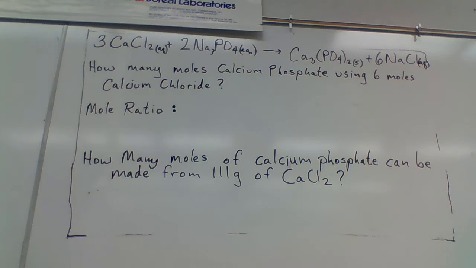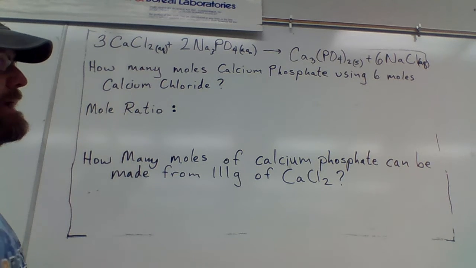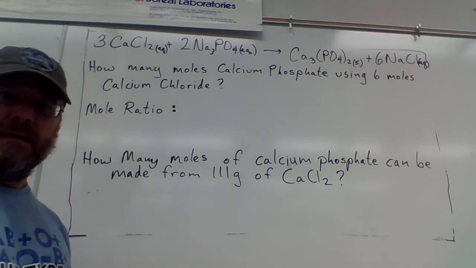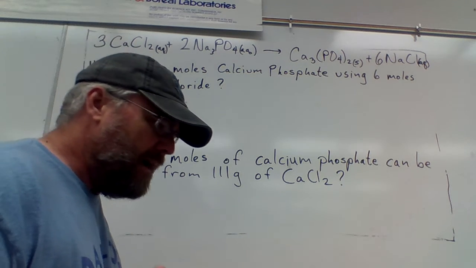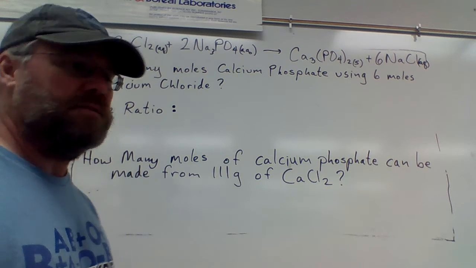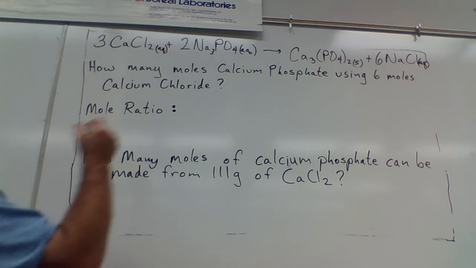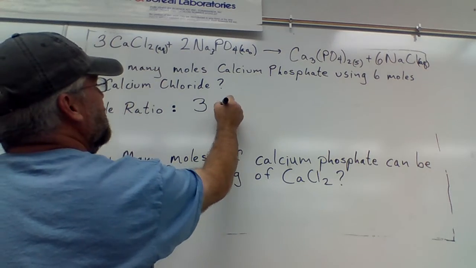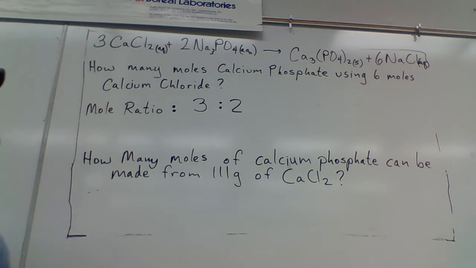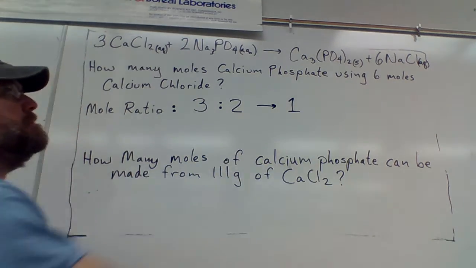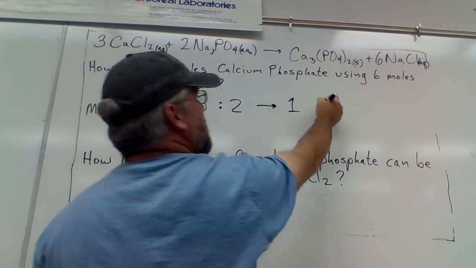But the question we have first is how many moles of calcium phosphate would we make if we used 6 moles of calcium chloride? And so the idea here is you want to look at your mole ratio. If we start with our mole ratio, we have 3 calcium chlorides, we have 2 sodium phosphates, making 1 calcium phosphate and